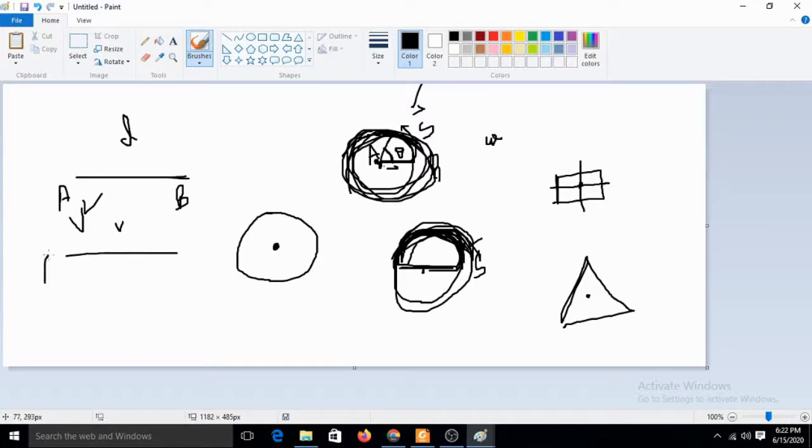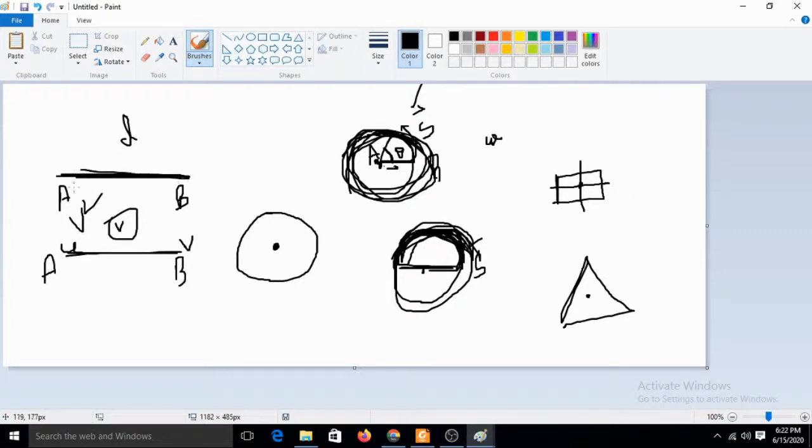A point object moves from A to B with a particular velocity. It starts with an initial velocity u and ends with a final velocity v. This difference is simply known as what? Acceleration, actually. And the definition of velocity is the change in these points.